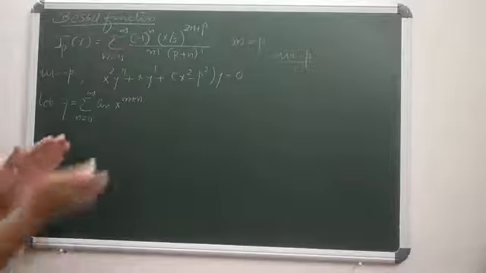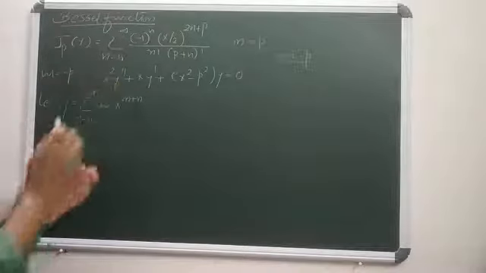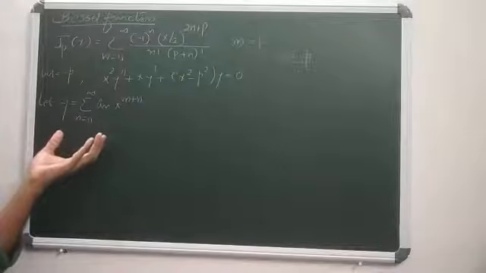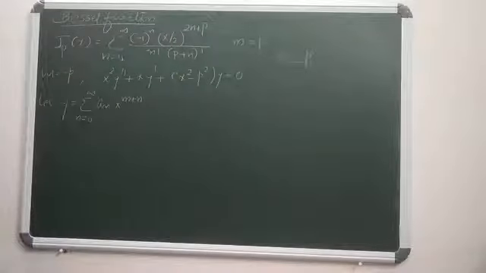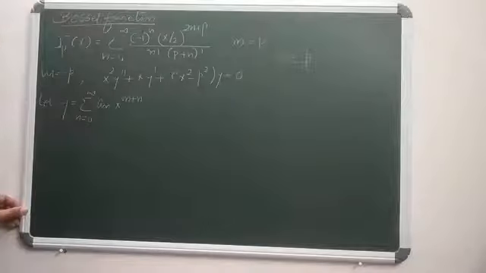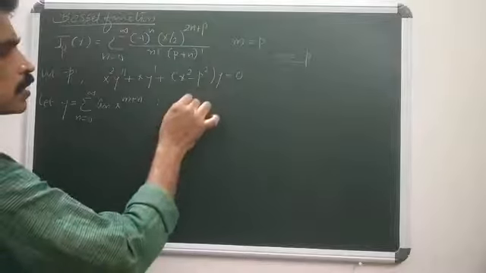So we can find y' and y'', and substituting all of these values in this equation by putting m equals minus p, and equating the coefficient of x to the power m plus n to 0, you have